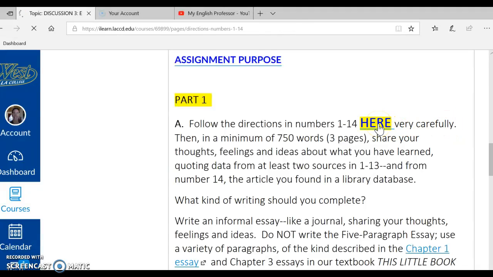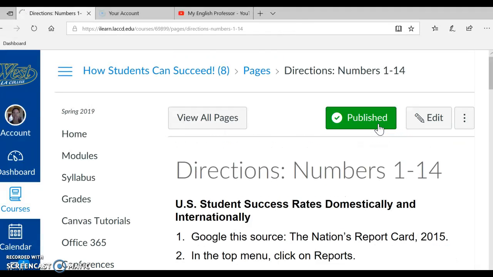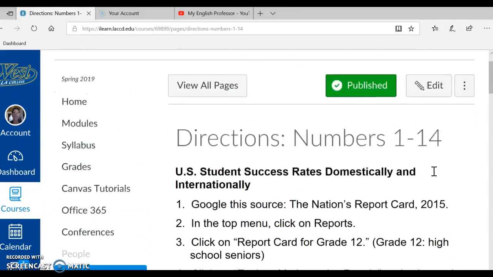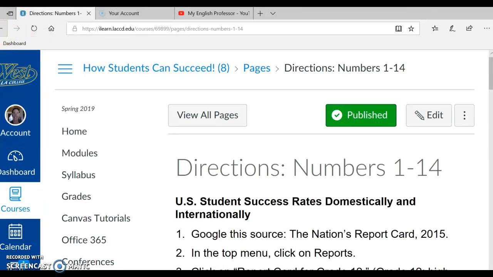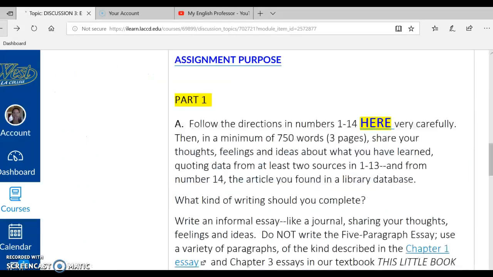Let's click on this link, make sure it's active, and yes, it comes up, 1 through 14. Okay, I'm going to use a back arrow to get back into the discussion assignment directions. So we read follow the directions in numbers 1 through 14 here very carefully, and we check the link,